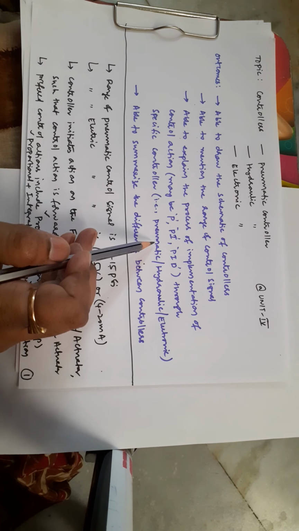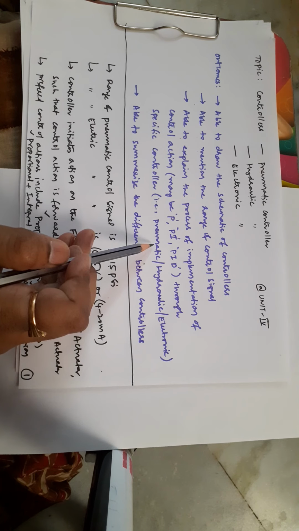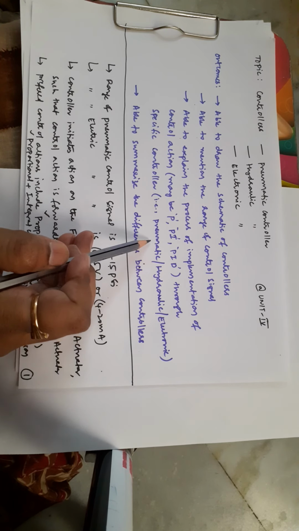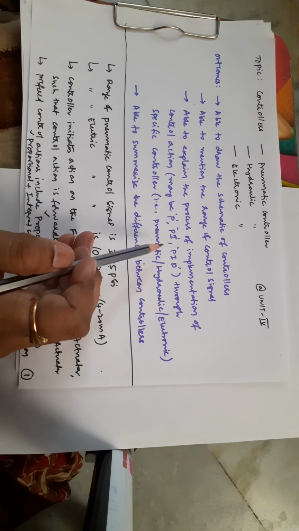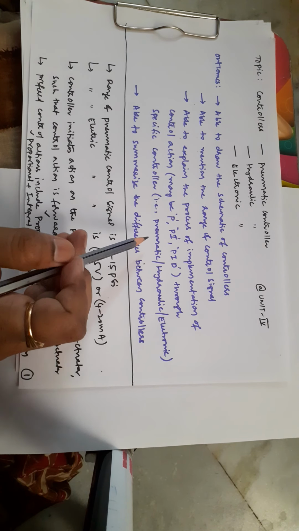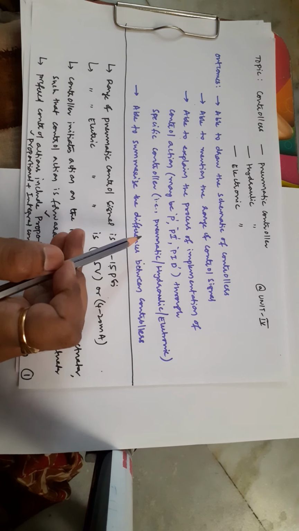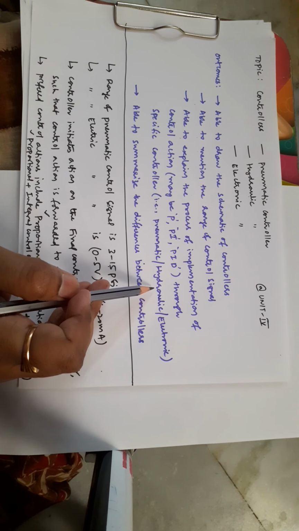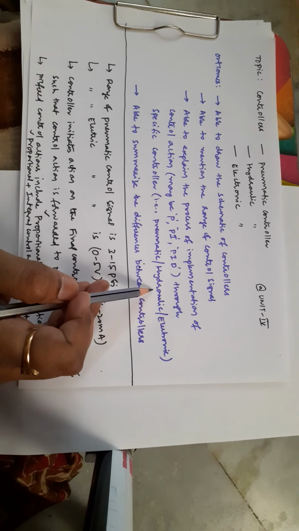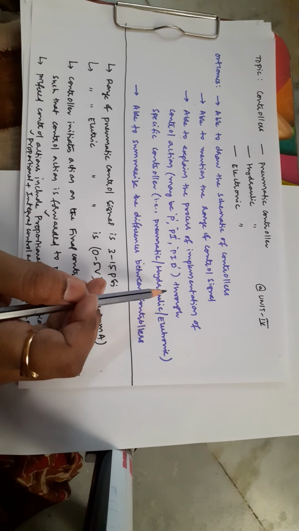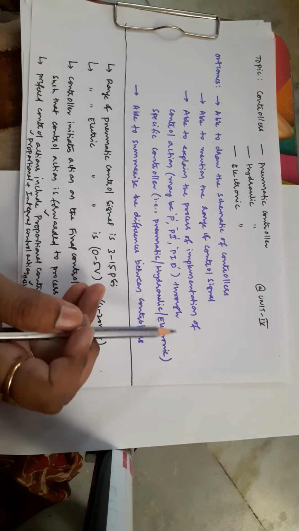Whenever I am going to utilize a pneumatic proportional controller, how will it be there? For the pneumatic PID controller, what are its elements, what is the process of implementation, how? You will be in a position to explain that complete pneumatic PID controller. Similarly, for the hydraulic PID controller, what is its schematic, what is its process of implementation, how the process is going on as part of getting the output.